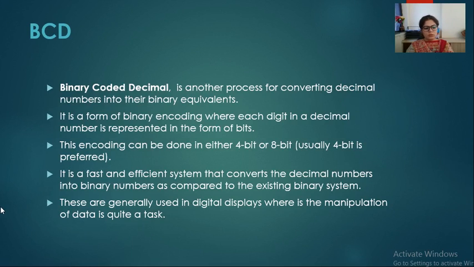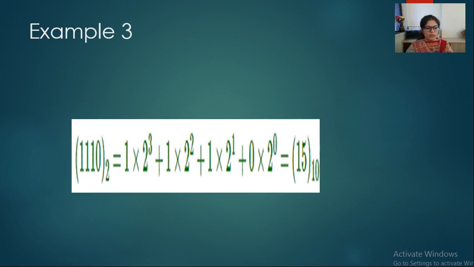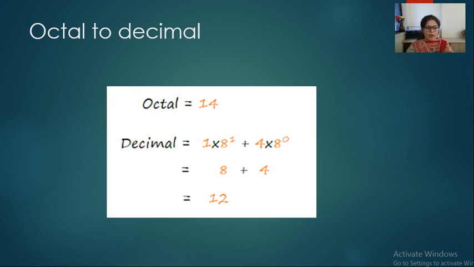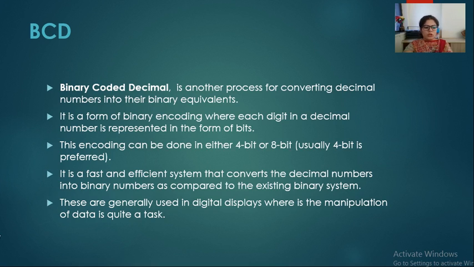Good morning, students. Today we are going to start with different types of codes. What type of codes are available in C, students? These are the different conversion methods that we have already studied: binary to decimal, decimal to binary, octal to decimal, decimal to octal, and so on. So now after that we have to study what type of codes are available which computer directly understands.